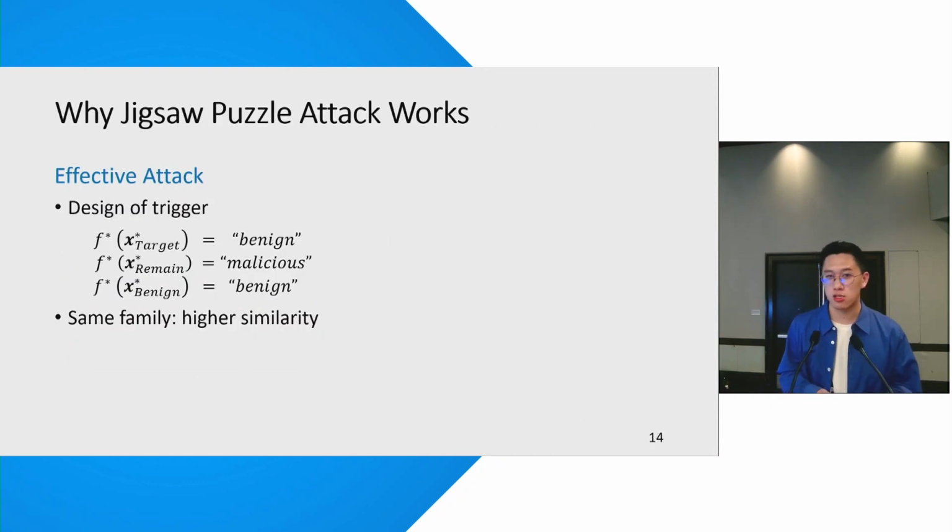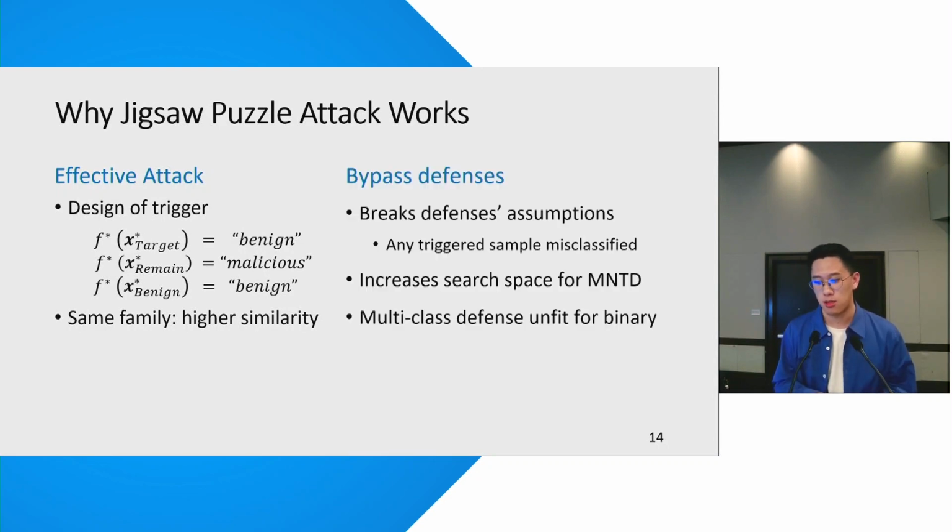Here's the intuition why Jigsaw puzzle works. For the effectiveness, it is because we specifically design a trigger that can achieve the selective effect. And also the same family shares some similarities that complete the yellow pattern together with the blue pattern we solved, which makes Jigsaw puzzle possible. For stealthiness, our Jigsaw puzzle breaks most of the defenses' assumption, as they assume that any